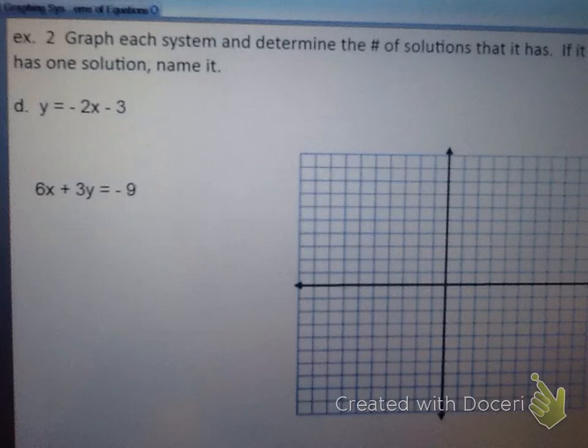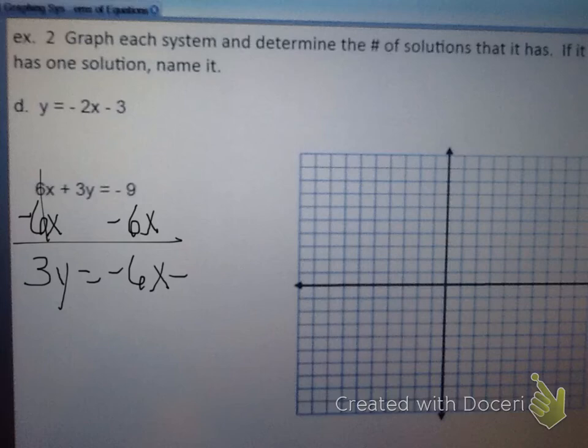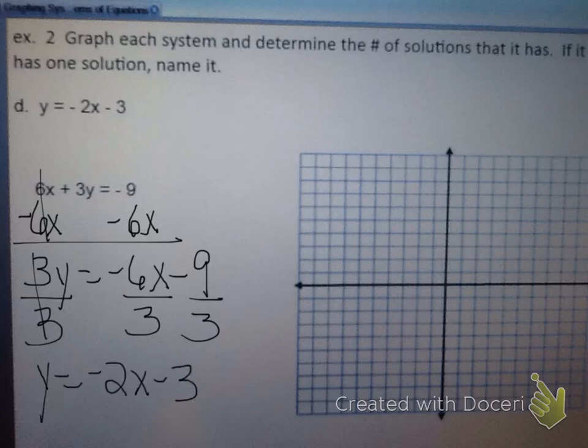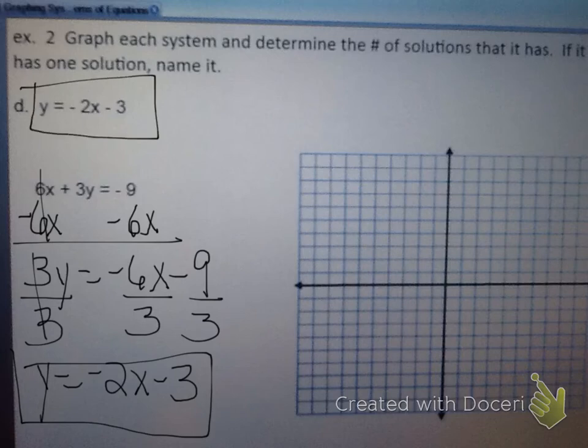Example 2D, graph each one. Before we graph, we have to solve each one for y. The first one is already solved for y, but the second one, we need to solve for y. Now, when we solve this equation for y, it is identical to the first equation. So when we go to graph, we will have the same graph. They will be on top of each other. When the graphs are on top of each other,